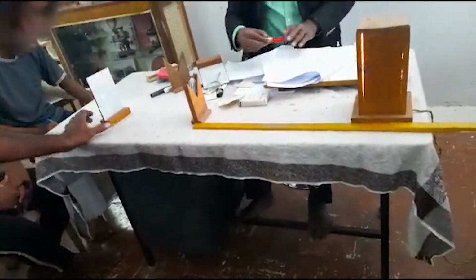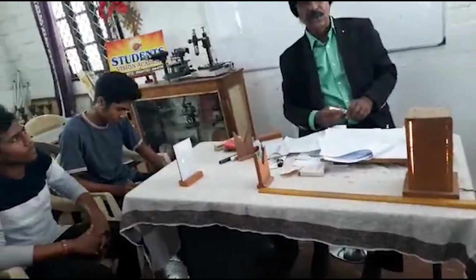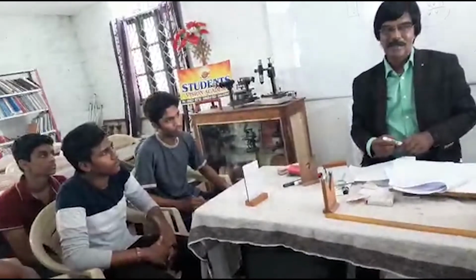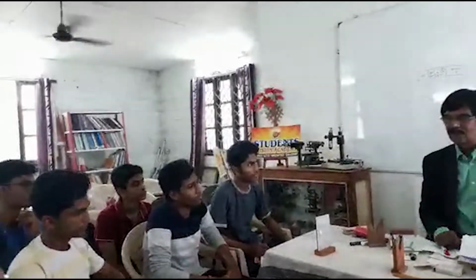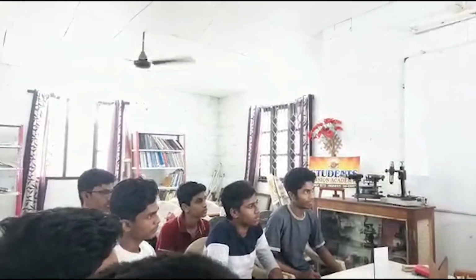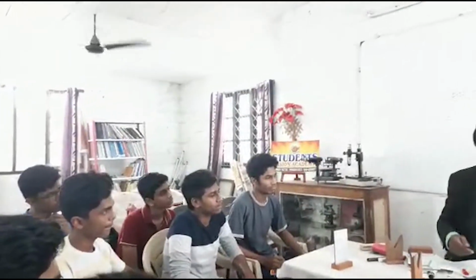So you can use the formula f is equal to uv by u plus v. F is equal to uv by u plus v. U, this distance. V, this distance. So the product u into v by u plus v. Take a few readings. This is another way, and we can verify that by a graph also.